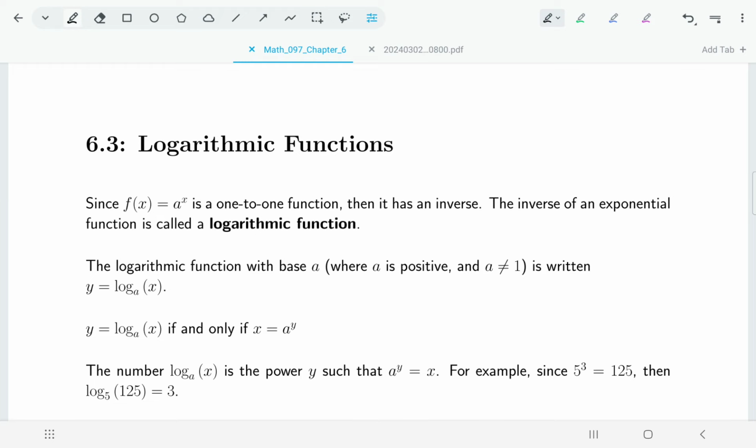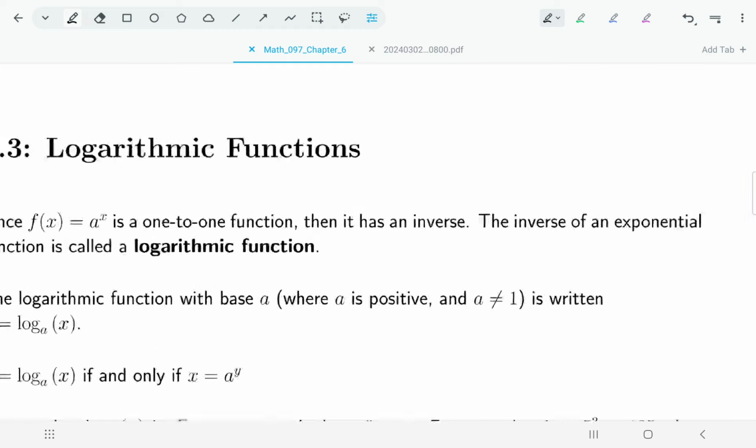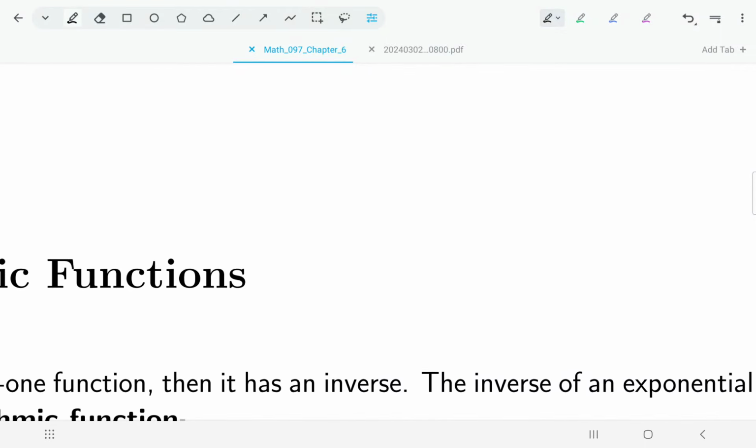Welcome back. In this section, we're going to start looking at a new function called a logarithm. A logarithm is just the inverse of an exponential function. And before we start talking about that, let's take a moment just to recall a couple of things